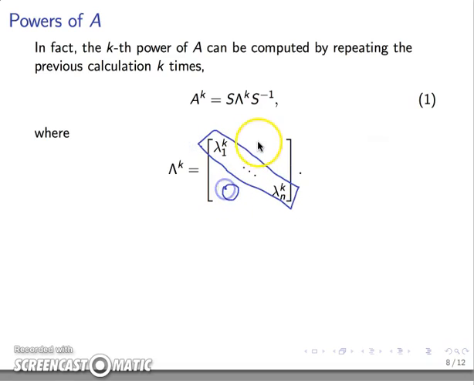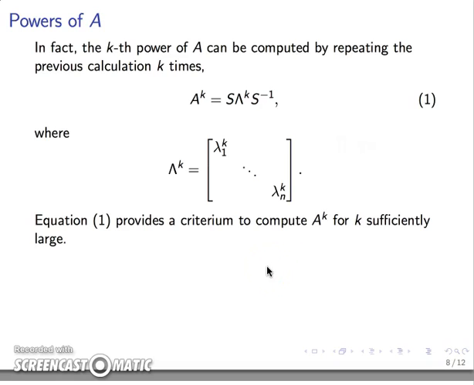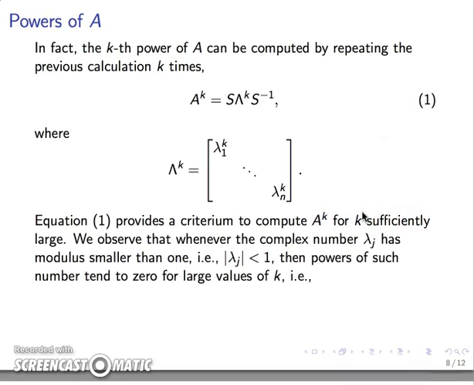So this matrix is a diagonal matrix, it has a lot of zeros, and all we need to do is to compute the kth power or the nth power of the eigenvalues, and this would provide us with some useful information. So one thing worth mentioning here is that when these powers are large, sufficiently large, this means, I don't know, k equals 100, or k equals, I don't know, a number like 10,000. So when k starts growing towards positive infinity, being positive integers,